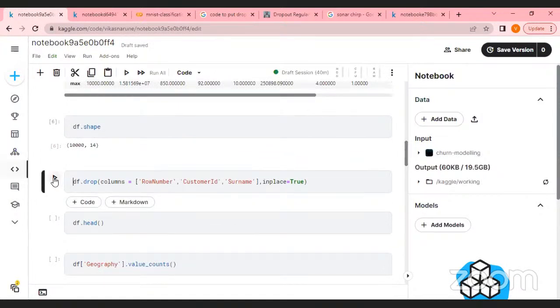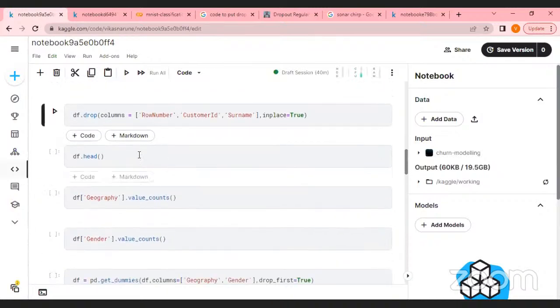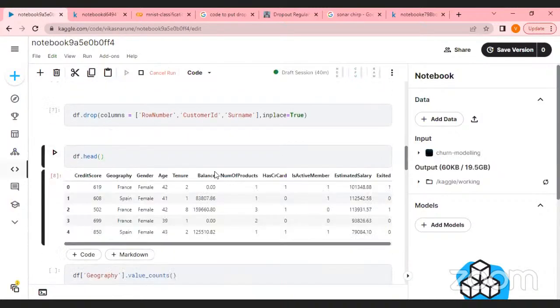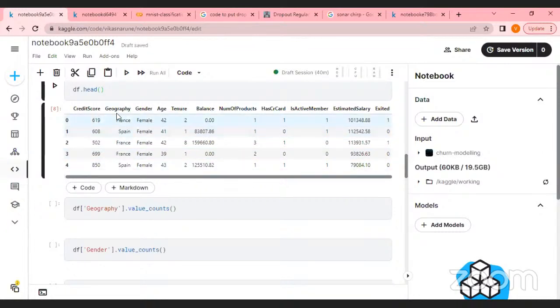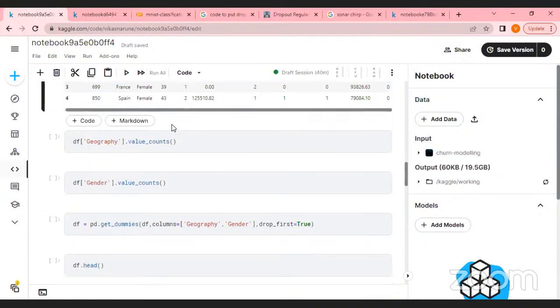So let's drop the unnecessary columns and then look at our new df. Now we have removed the surname, customer ID, and the row number, and we are left with only these columns: credit score, estimated salary, balance, tenure. So the next thing is,